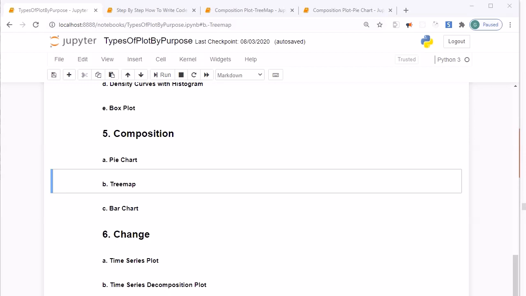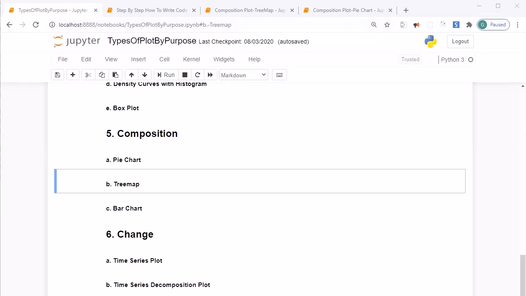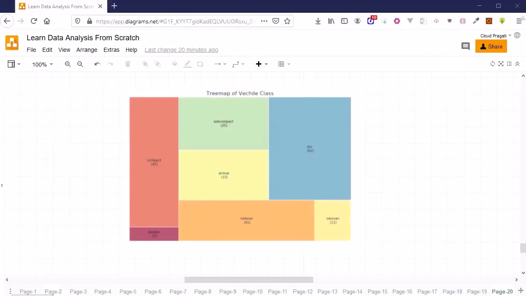Hello guys, welcome back. Now in this session we are going to look into another type of composition plot, that is the tree map. So let's look into how this plot looks, and then we will design it. So guys, this is the diagram of a tree map, and a tree map is also used to visualize data to